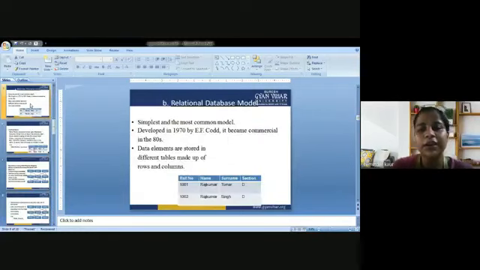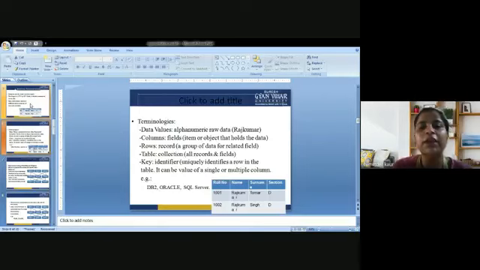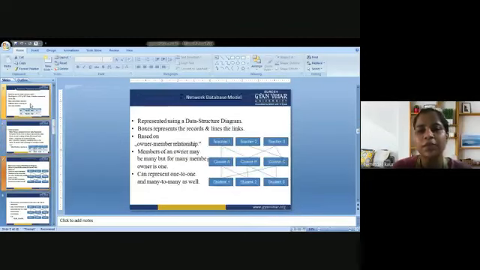Next is the relational database model. As the name implies, in the relational model we store the data in the form of rows and columns. Rows and columns represent and store the data, and we relate two tables with the help of a relation. We define the relationship between two tables so that we can easily relate them. There are various terms associated with the relational model like columns, rows, tables, and keys. So these are the various terms that we have discussed.